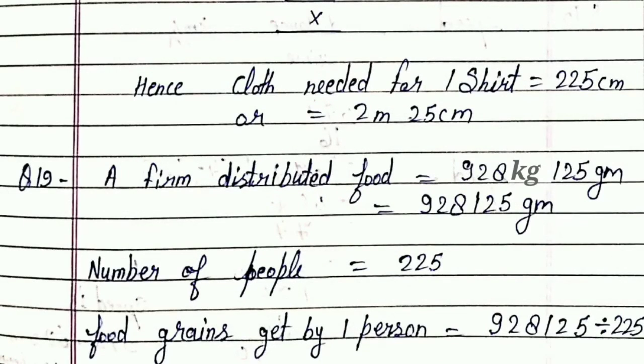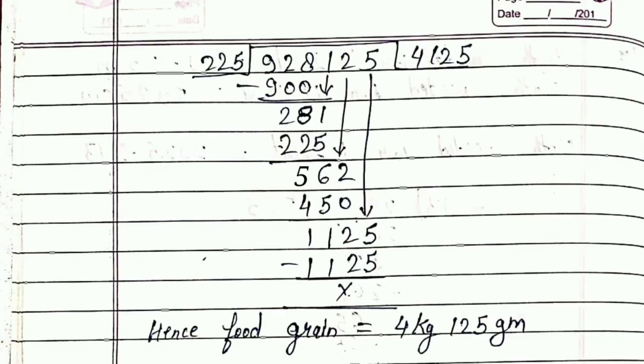A firm distributed food, 928 kilogram 125 gram. So we change this whole amount into gram only. So the answer will be 9,28,125 gram. The number of people is 225. The food grain got by 1 person will be 9,28,125 gram divided by 225. So after dividing we will have